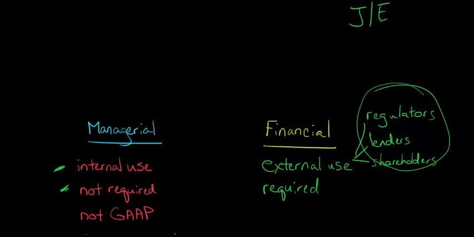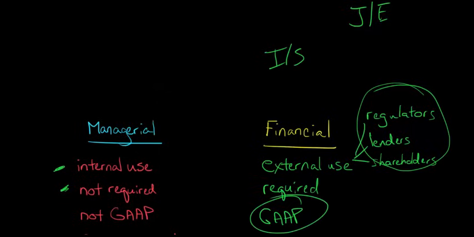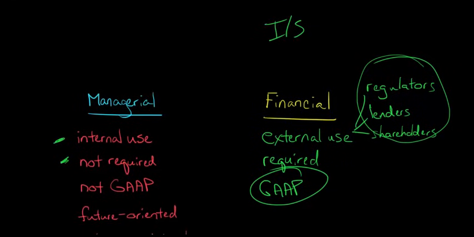But, of course, we know that with financial accounting, you have to follow GAAP. Right, it's not optional for a firm when they put together their income statement to say, you know what, maybe I don't want to deduct marketing expense. No, you have to deduct that because that's GAAP. Those are generally accepted accounting principles that you have to follow when you're financially reporting, putting out your income statement and all these other statements. But for managerial accounting purposes, you don't have to follow GAAP, and you can come up with whatever kind of numbers you feel are useful for your organization.